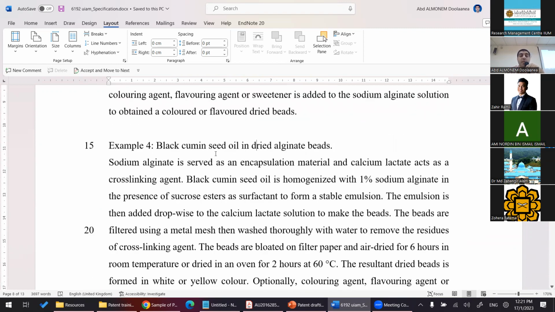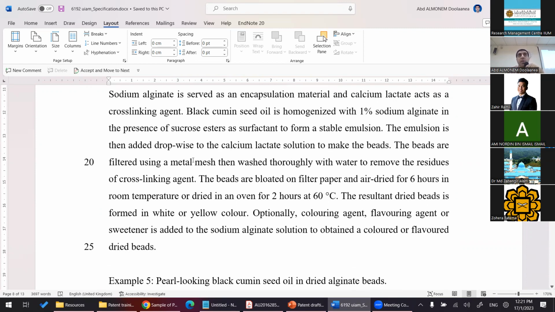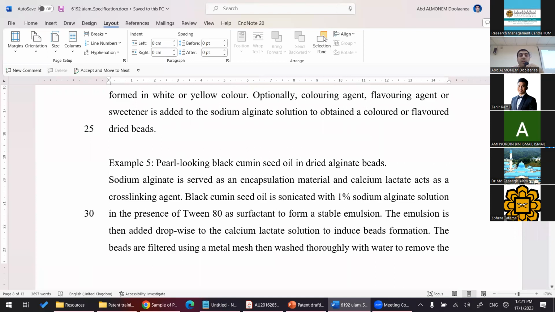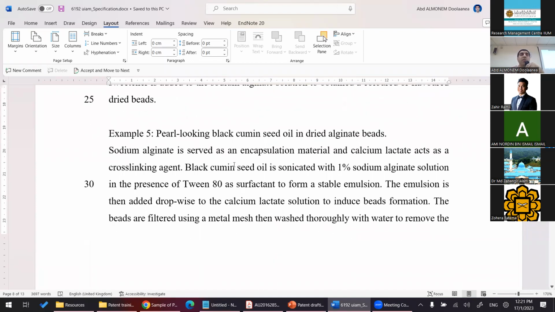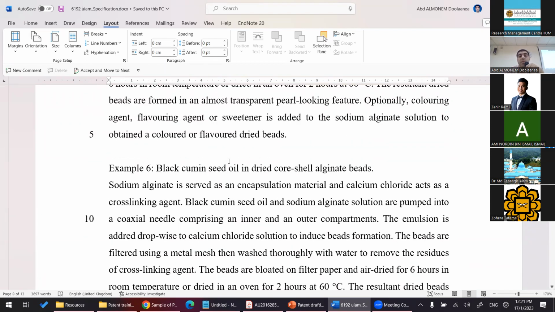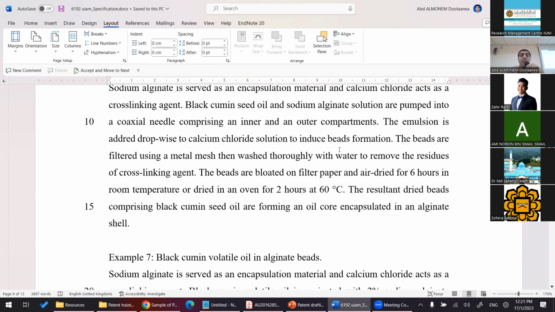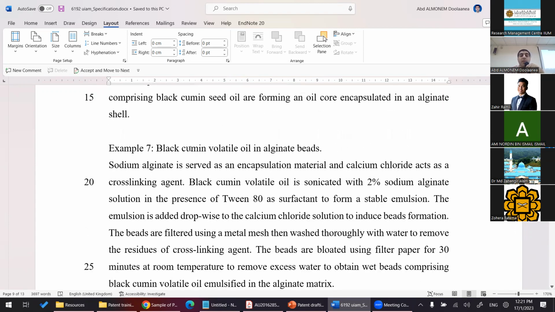Another variation here we use maybe different heating, different cooling, different example. This one is a transparent one. We change, for example, the emulsifier. This one is core shell alginate bits, another variation. This one used